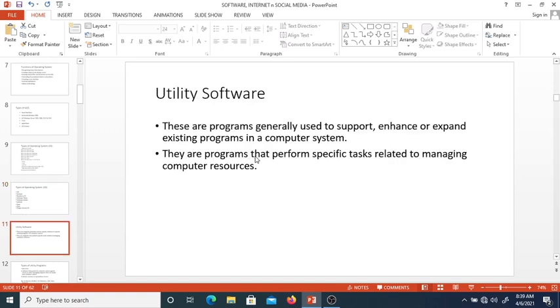Then we talk about utility software. Now, the utility software helps to provide support and also enhance and expand existing programs in a computer system. So all that utility software does is it helps in managing our computer resources. So for instance, if your